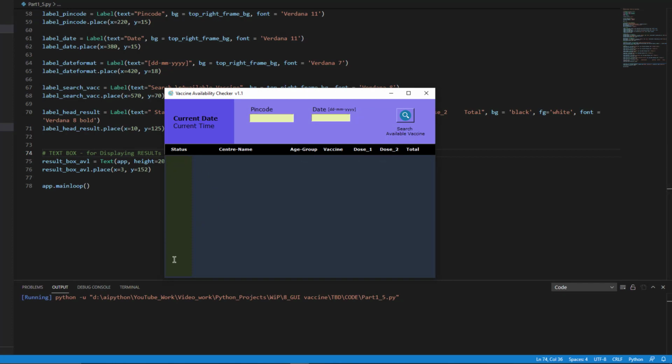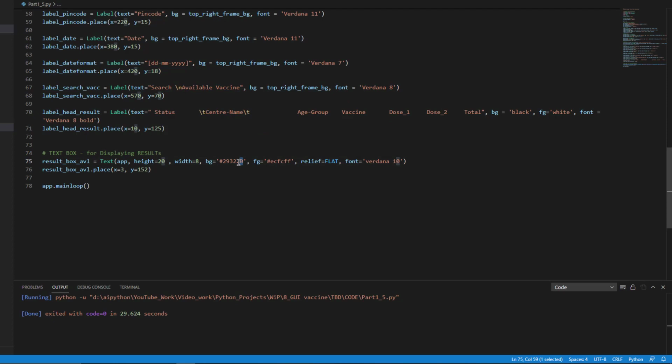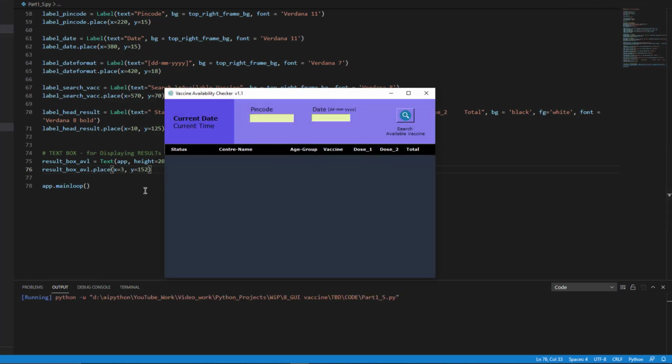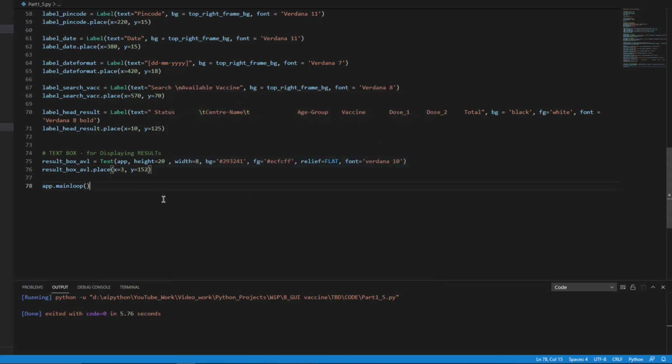Actually, this is the column that I'm talking about. So we have camouflaged it by giving the same background so that it doesn't appear to be a separate column, right? Which takes the same background as the background of the app. Okay. And again, I'll revert it back to 41. Now if you execute, it looks as if nothing has been created, but actually the block exists here. I hope you understand.